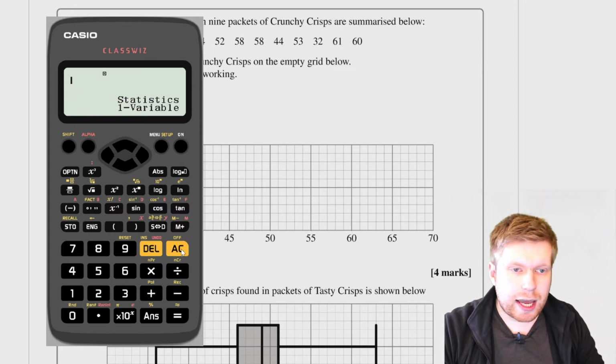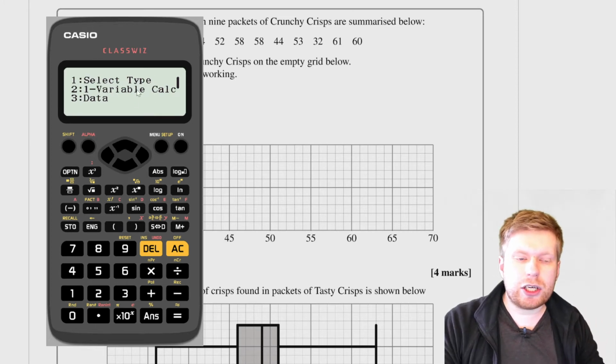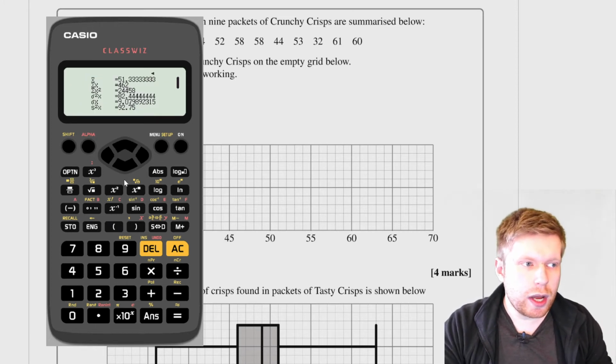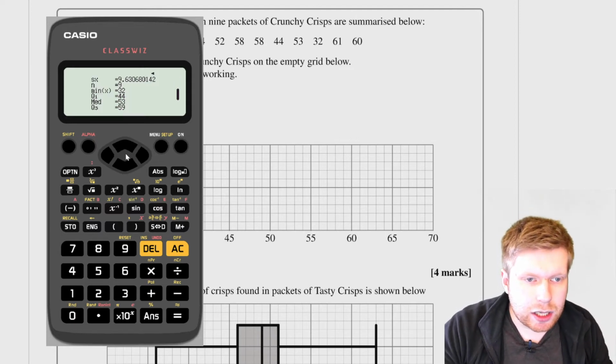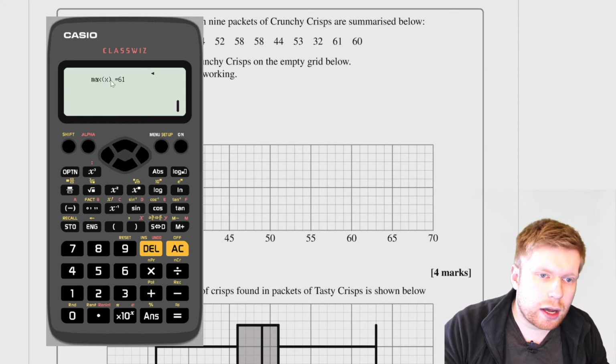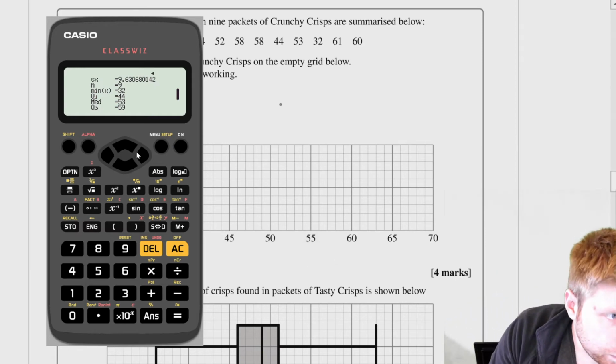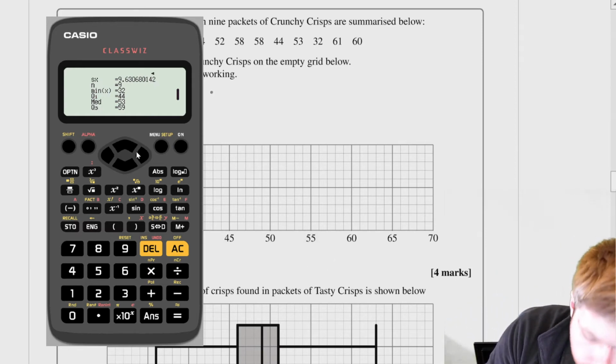So now if I press AC, I can go into my option and I just want to see the calculations, some summary data, so I'm just going to hit 2 and that'll bring me up all of the calculation data I want. In this case, I'm actually going to come down because I want this data here. I want the minimum, I want Q1, I want the median, I want Q3, and I want a maximum. And I can actually write this down, in this case, I know that the minimum